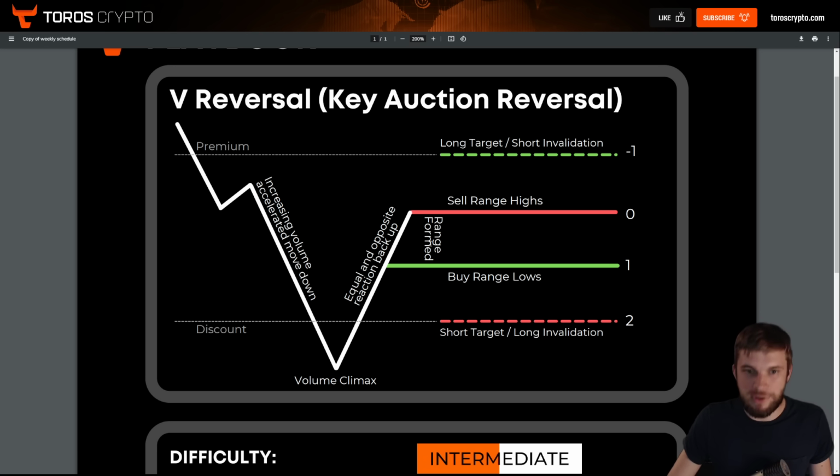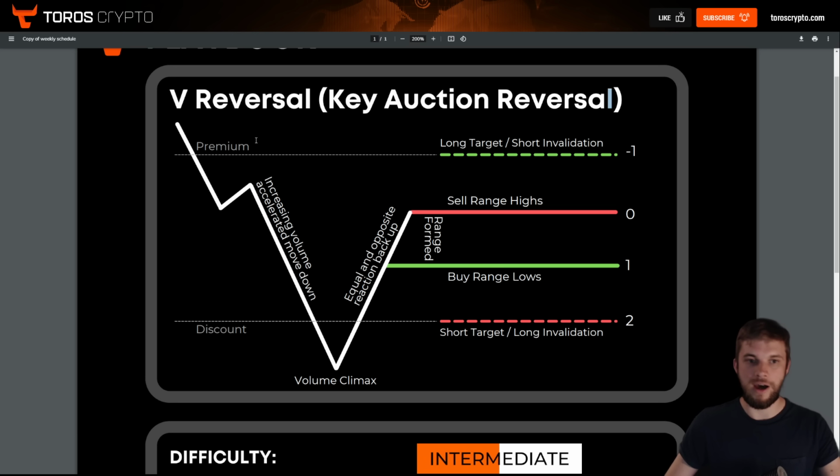Now, often, I'll explain this again a bit more, the probabilities of this do favor this to be a reversal. So this is why it is called a V-shaped reversal or a key auction reversal. Okay, so the longs would be in favor of this. However, you can still profit because it is likely that the sell side will reach a target first in order to basically build value and test that this is actually going to be support. So you can trade it both ways, but if you do want to only trade one side of things, the